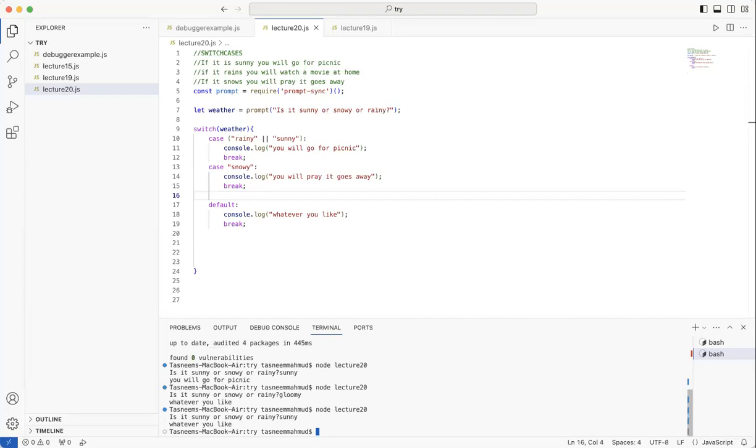It did not check the first case. So now what's the issue over here? You guys tell me, what do you think? You guys think it's the bracket?